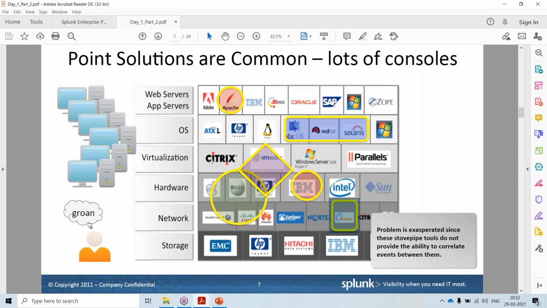After some time they will troubleshoot and let you know that this component has a failure. So the Apache person has to show evidence that the issue is not from here. Then it goes to the next person, who will say the operating system doesn't have an issue, and then they go to other layers.